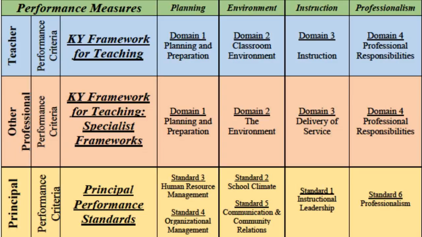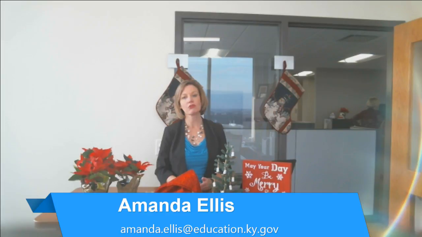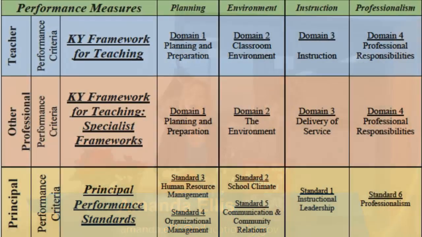One of the things that the new Senate Bill 1 from 2017 really emphasizes, which was emphasized before, is the importance of being aware of time, the amount of time the evidence takes to collect and the process itself. So we encourage you to think through what evidences you would do and how often you would do those. Clearly, for environment and instruction, those two measures have to be observable. They just do. So in your observations, how often are you observing?